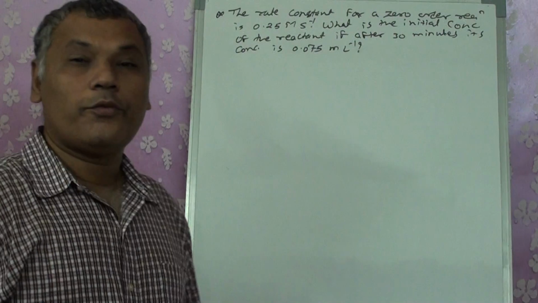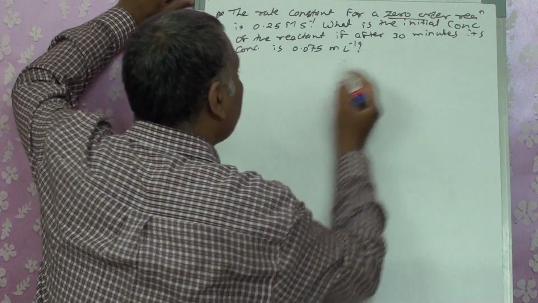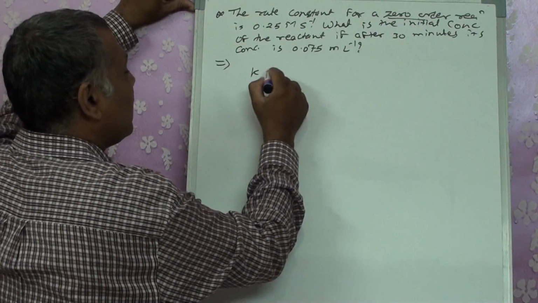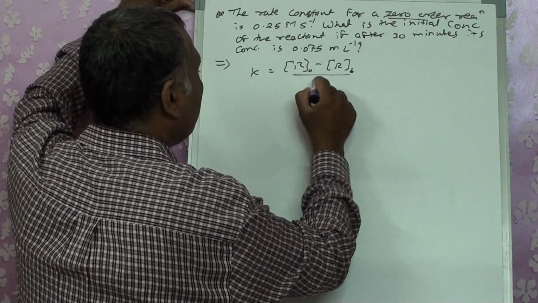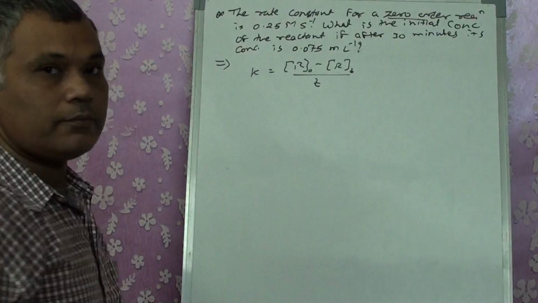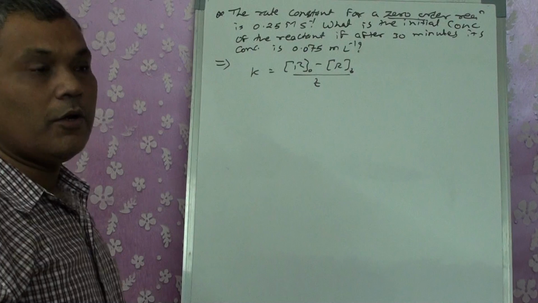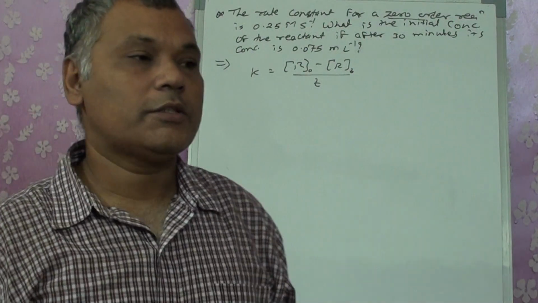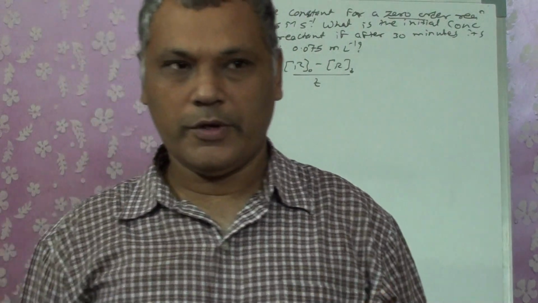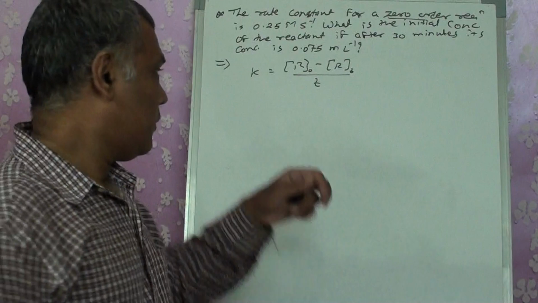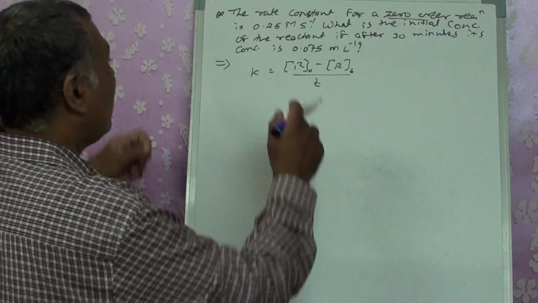Now, particularly for this, what is given to us? Zero order reaction. Zero order means we will be getting it as k = (R0 - Rt) / t. This is the formula for the zero order reaction. For the integrated first order reaction, we got k = (2.303 / t) log R0/Rt. Particularly for this, we are going to get k = (R0 - Rt) / t.